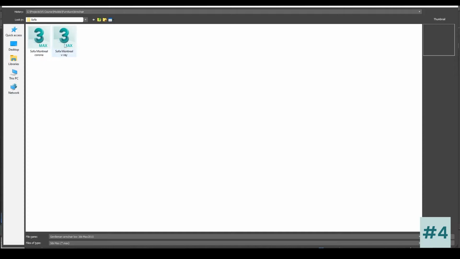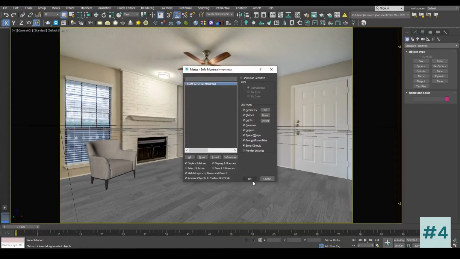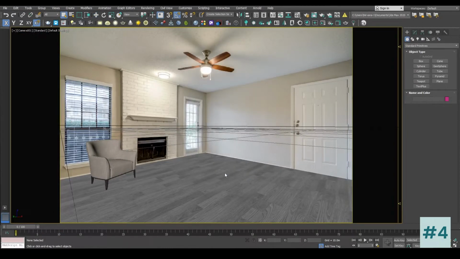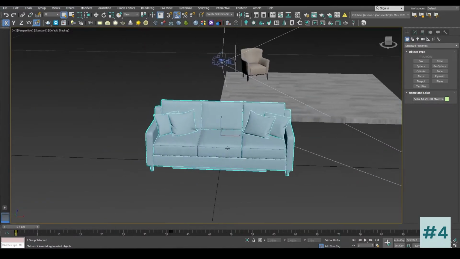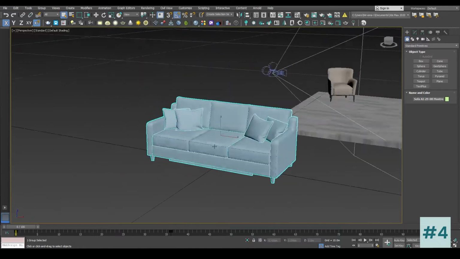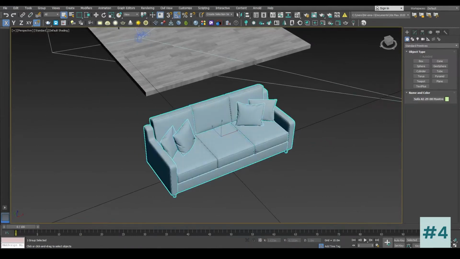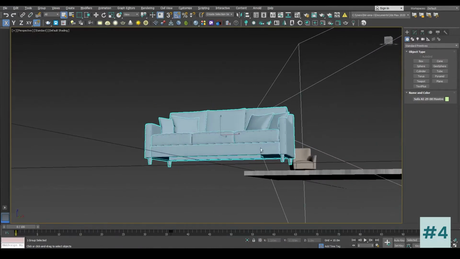Now select the file that you want to merge, press open. Okay, let's go to the perspective and see if the sofa is here. Now as you can see, we have merged the sofa, and now we want to place the material that comes